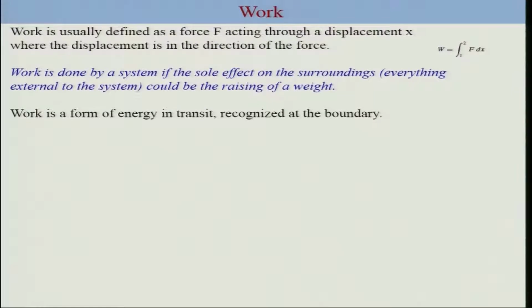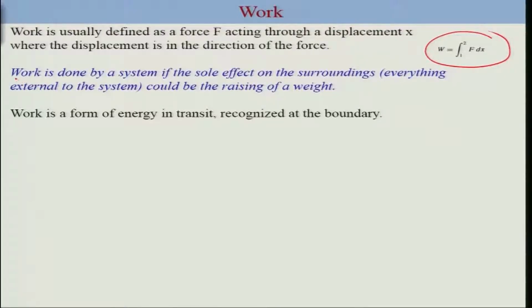Work is usually defined in terms of force acting through a distance. This is a formal definition which we have used many times in simple mechanics. However, in thermodynamics it is more convenient if you can connect this definition to something related to process and properties, a thermodynamic definition of work, which is defined in this form: work is done by a system if